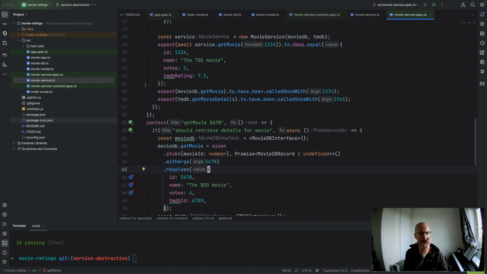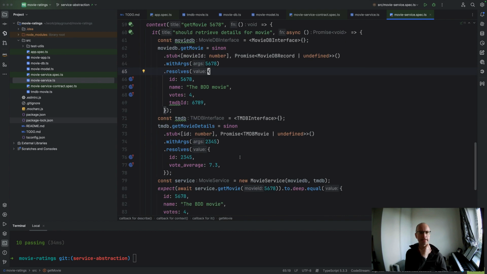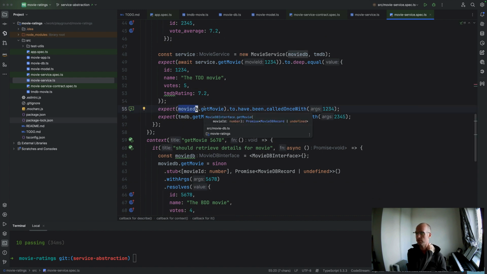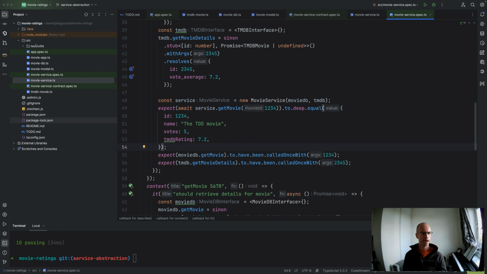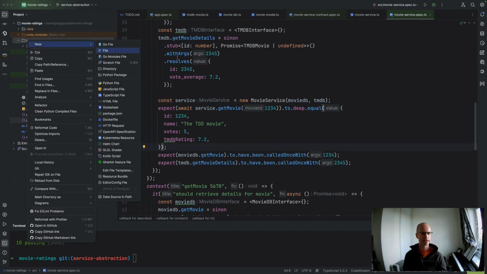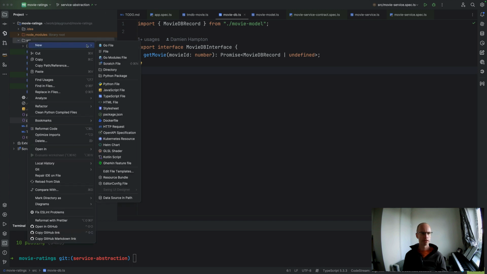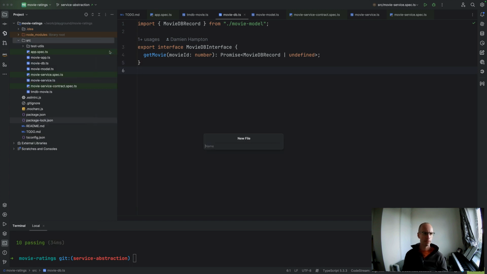So the next thing, I'm interested in, let's look at the movie database. That'll probably be our easier one if we're doing it as an in-memory database. We haven't got to worry about any external real-world stuff, so it won't be too complicated, hopefully. What have we got in terms of MovieDB? Just got an interface in there at the moment. So I'm going to create a new file, and we're going to call that